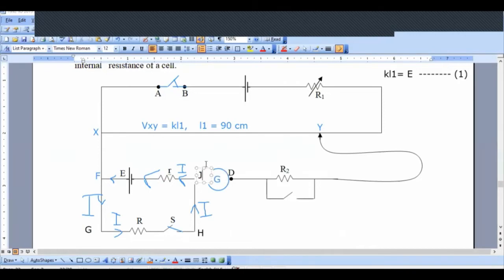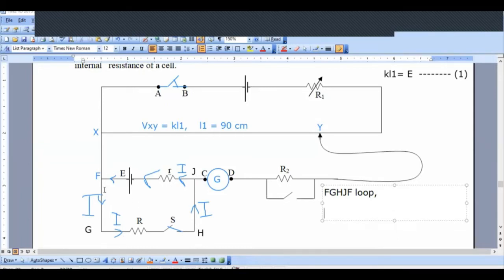So let us apply Kirchhoff's second law to the closed loop. Let me write it somewhere here. Can you see it here? I have written it separately. Let us apply Kirchhoff's second law to the closed loop F, G, H, J, F. So if we apply Kirchhoff's second law to that loop,